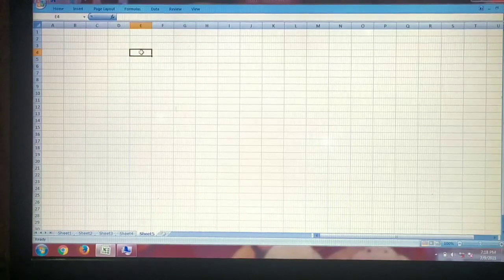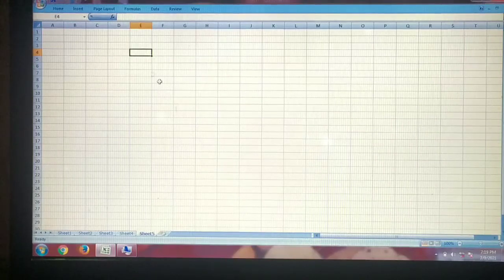Mixed cell address means we can use the dollar sign either before the column heading or before the row heading, which means $E4 or E$4. Only one dollar sign is used, either before the column heading or the row heading. That is known as a mixed cell address.